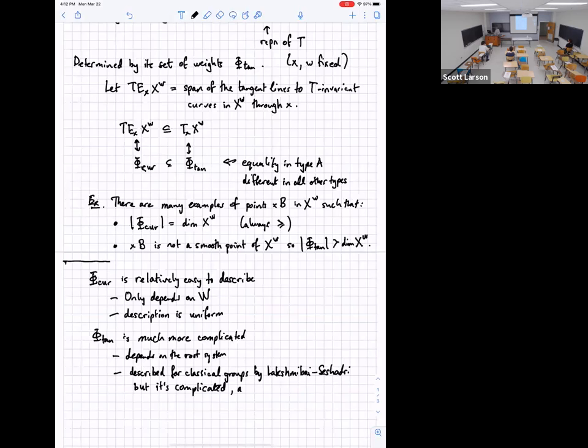And case by case. So there's not a known uniform description. Except in certain special cases. And to my knowledge, it's not known for exceptional types. So I mean, in a sense,